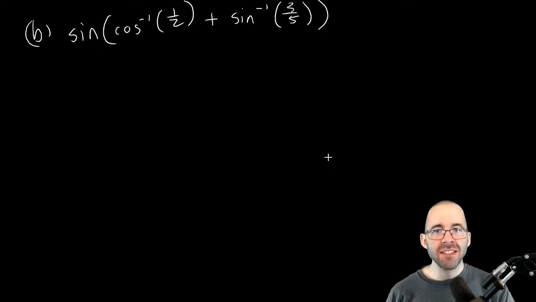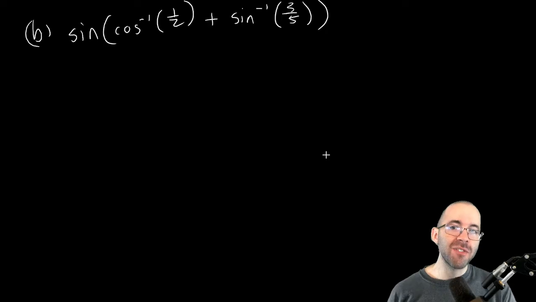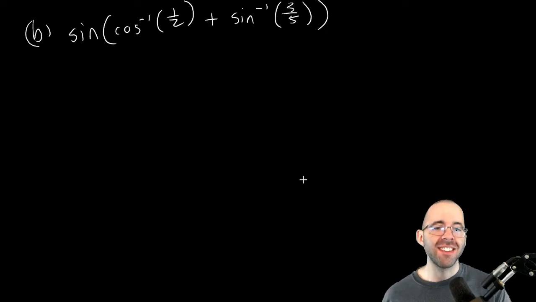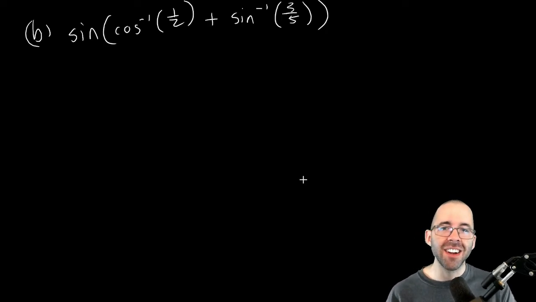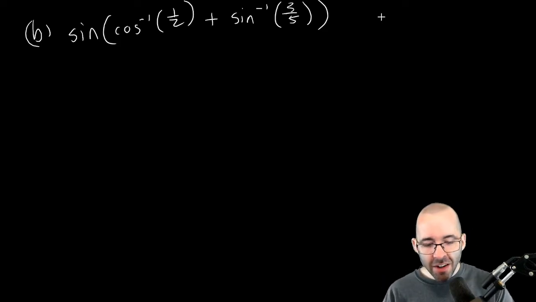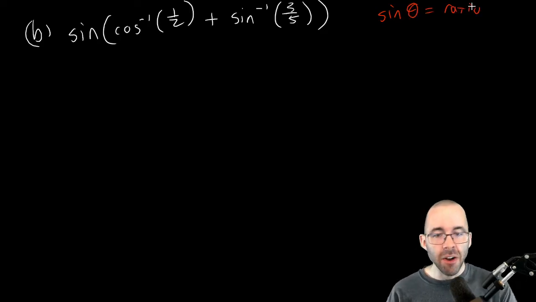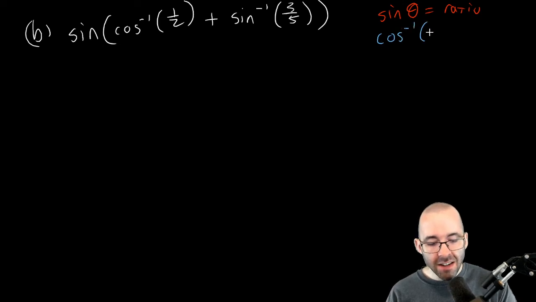We can't simplify the inside unless we approximate with a calculator. But if we want to find this exactly, that won't work. If we want to find this exactly, 100% exact, no rounding anywhere, we're going to have to use the angle sum formula. And you might say, but Jason, we don't have an angle sum. Aha, but we do. Remember that sine takes in an angle and gives out a ratio. And inverse trig takes in ratios and spits out